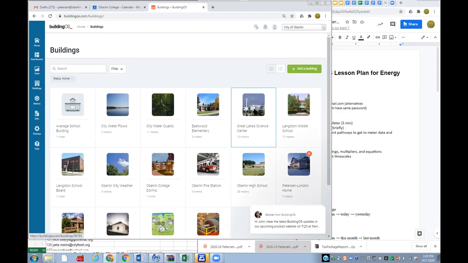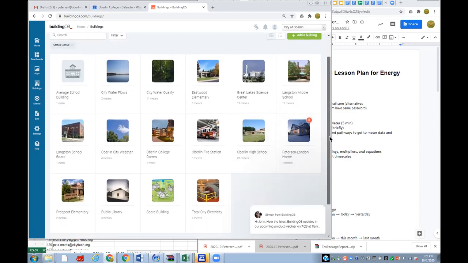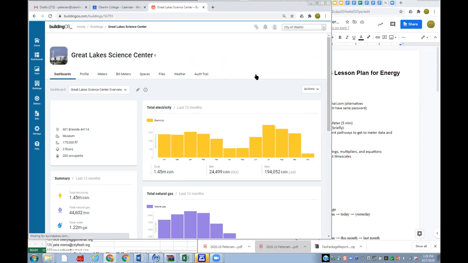But it's probably worth pointing out to them there are a lot of interesting buildings that you could potentially look at if that was something that interested you, including schools within the city of Oberlin, the fire station, whole city flows of electricity and water, as well as water quality in the city of Oberlin. So there's a lot of interesting stuff to look at, but we're particularly interested in looking at the Great Lakes Science Center. So again, I went from the home, I clicked on buildings, and then from buildings, I clicked on